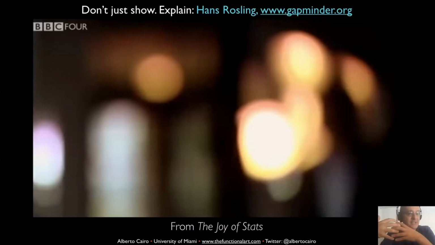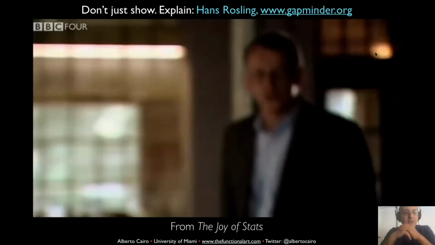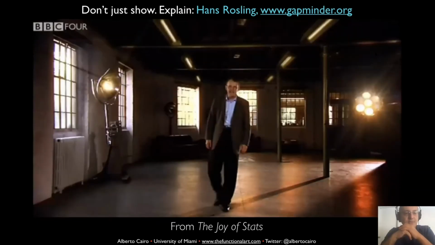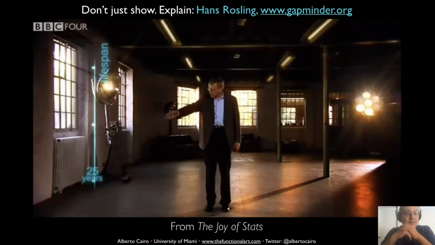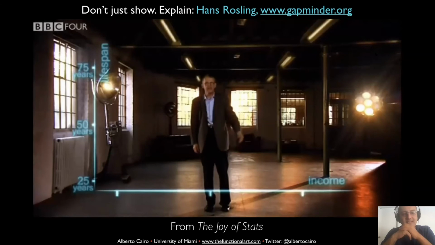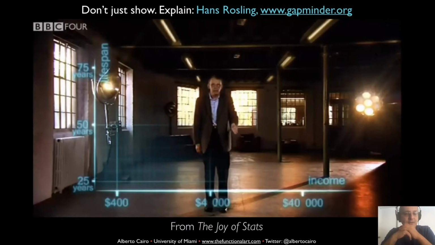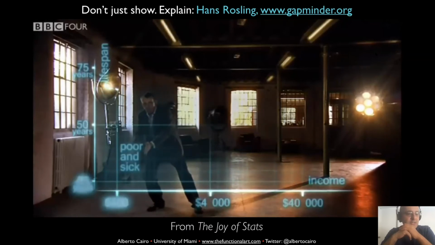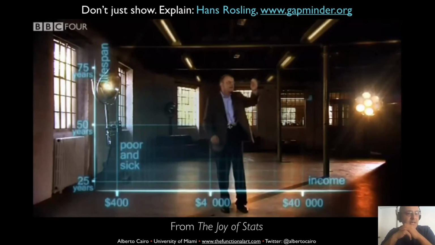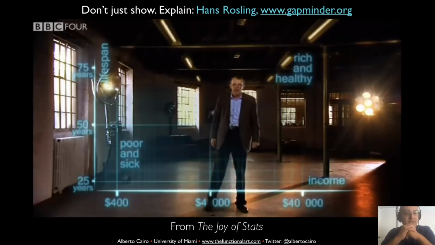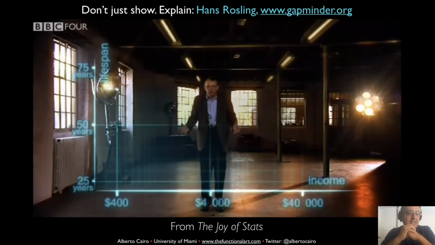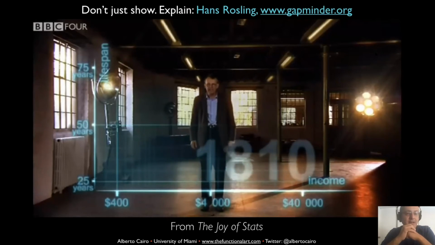So adding explanations to graphics is not that novel. This is not that original. Think about Hans Rosling, for example. Probably most of you are familiar with the documentary that he did for the BBC years ago, in which, before showing any graphic, he said, "Here you have an axis for lifespan," and that's a vertical axis. "I'm going to show you an axis for wealth, and that's going to be the horizontal axis. So if you're in that corner down there, your country is poor and sick. But if you are in this quadrant up here, your country is rich and healthy. And I'm going to show you where the countries are in 1810. Most of them are poor and unhealthy."